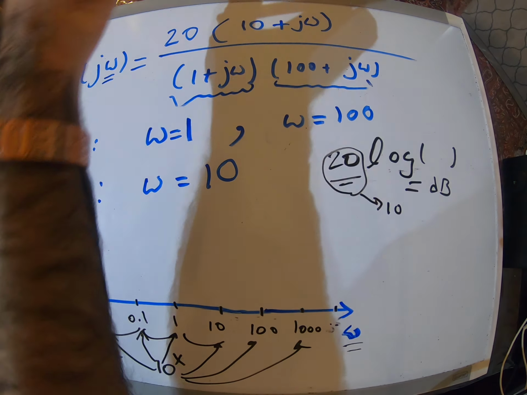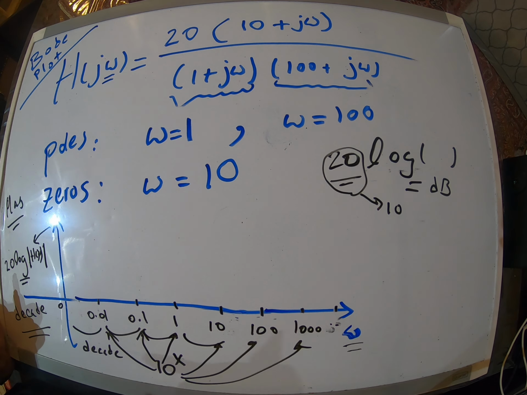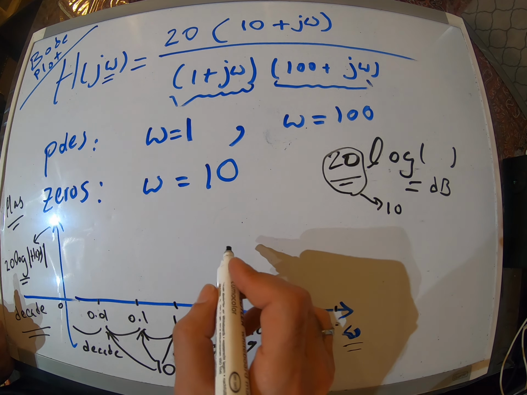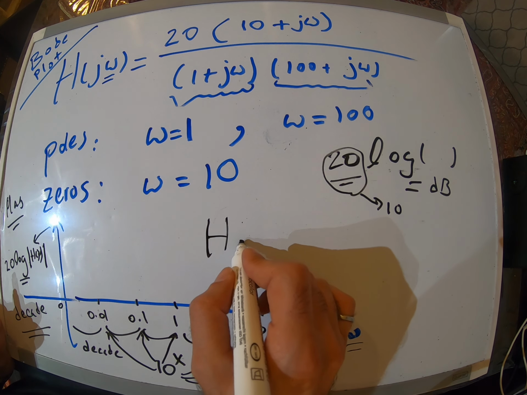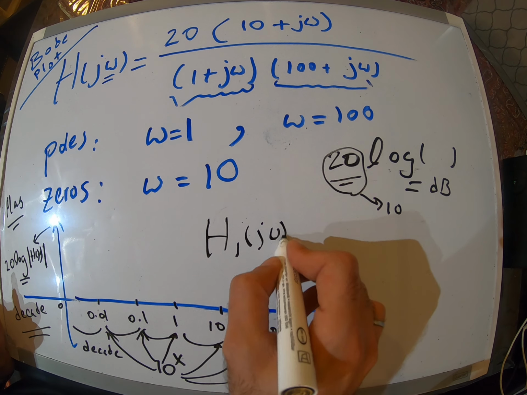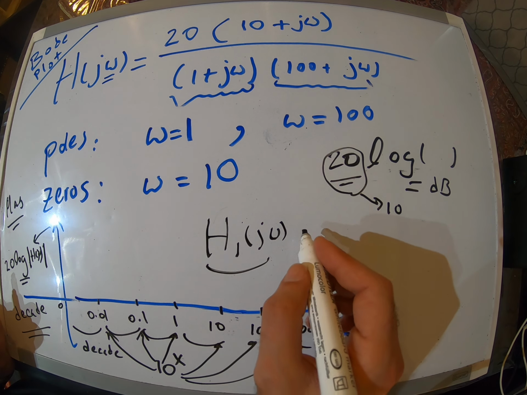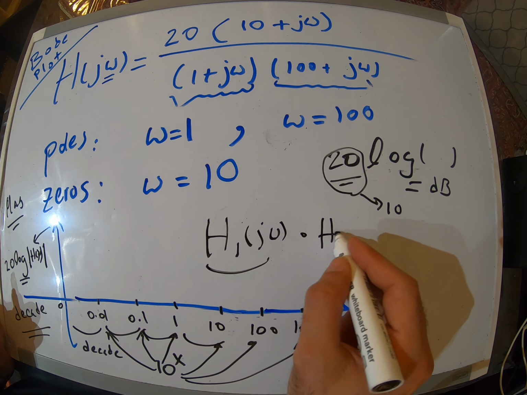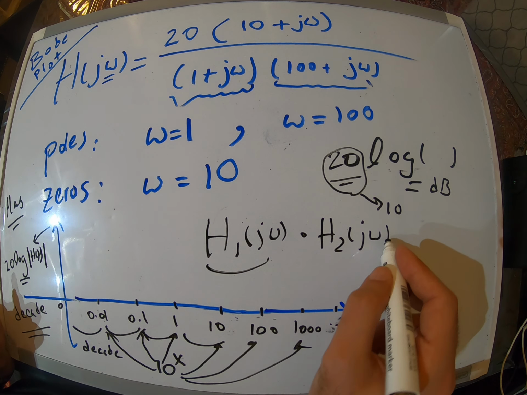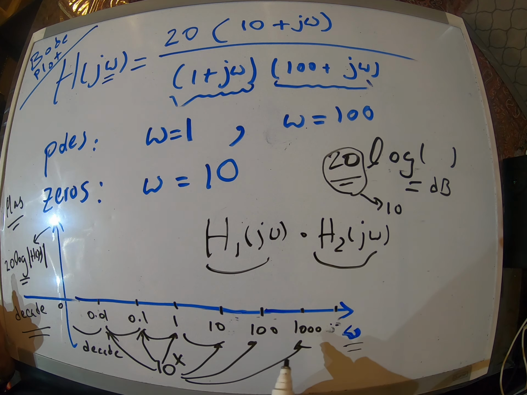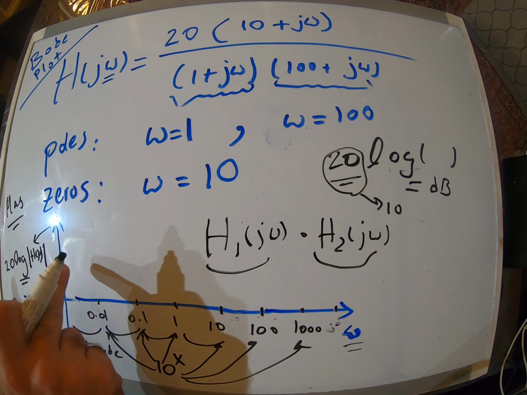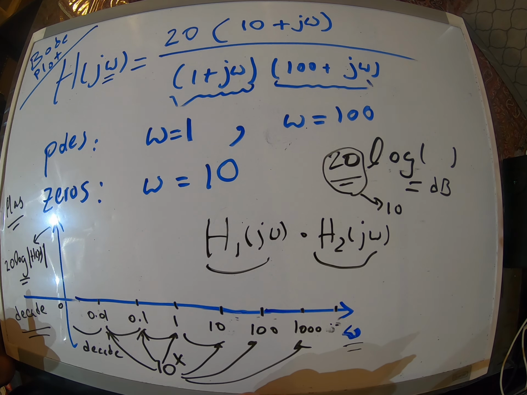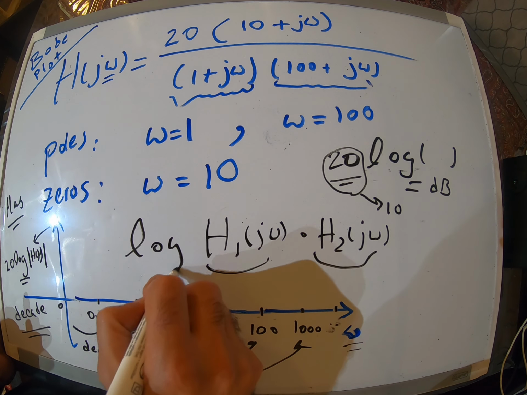And why do we use the logarithmic scale? Mainly because, let's say I have 2 transfer functions or 2 circuits and I cascade them. Their transfer functions get multiplied by each other, right? But if I do this linearly, how can I multiply one plot by another plot? It's going to be very difficult, right? But if I do it in the log scale, log of